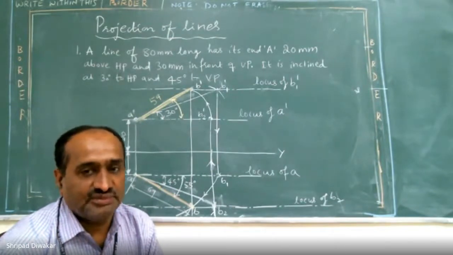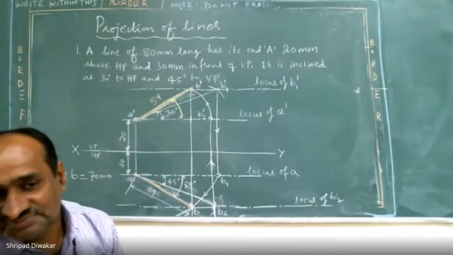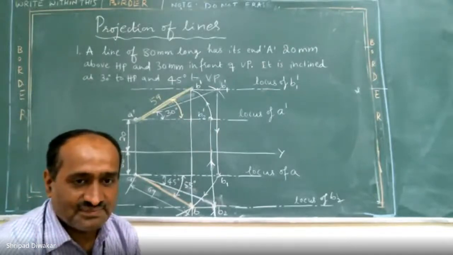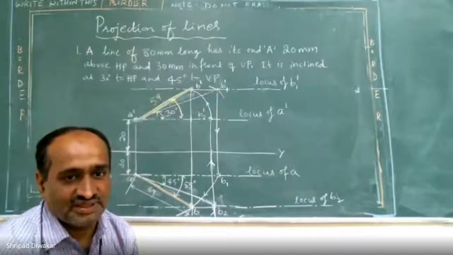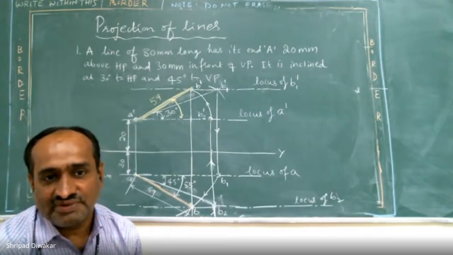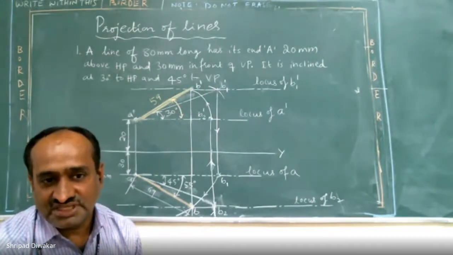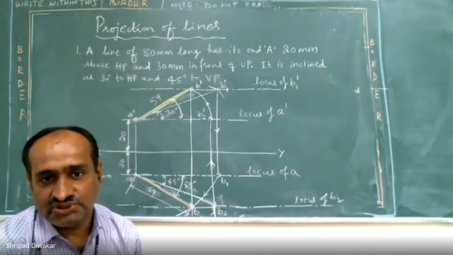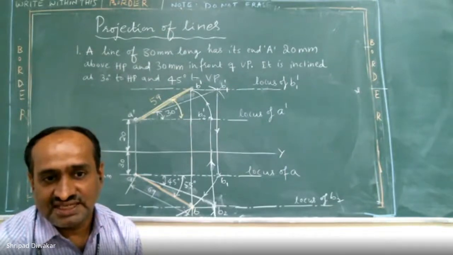All of you are getting? Anybody? Any doubts? No, sir. No doubt. You're not getting? We got, sir. Okay. Got it, sir. Okay. So once after getting point B and point B dash, the confirmation is just you have to join those 2 points with the help of scale. Okay. Suppose if they lie on the same vertical line, so it indicates that your problem is correct.